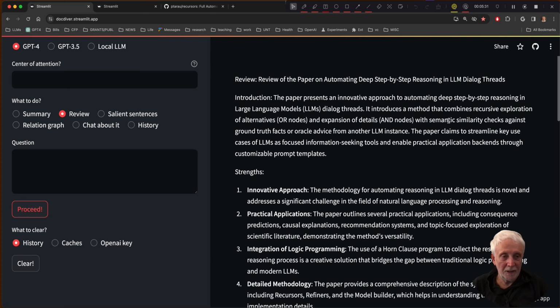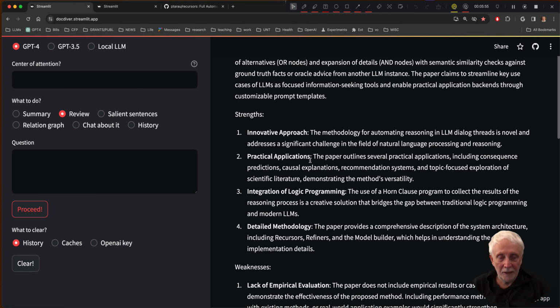It introduces a method that combines recursive exploration of alternatives and expansion of details, and notes with semantic similarity checks against ground truth facts or oracle advice from another LLM instance. So this is the framework, in fact, on top of which the application itself that I'm showing you now is